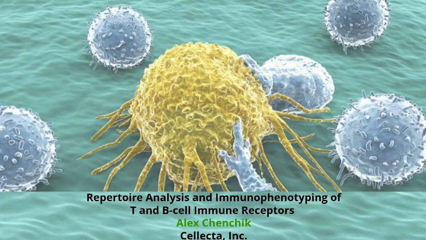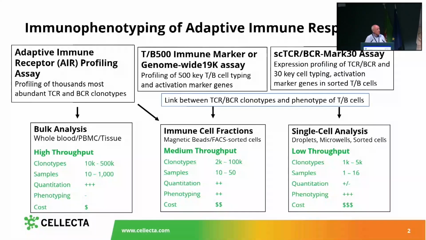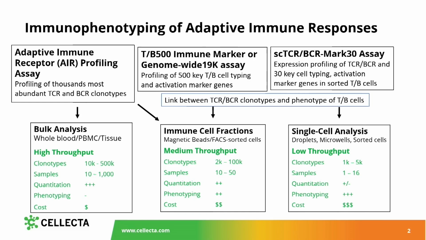To switch your attention, we are going to talk about technologies, not about science, so it will be more practical: how to use different technologies for immune repertoire profiling and immunophenotyping. As an introduction to the technologies, we developed 3 types of technologies, and first is definitely bulk profiling, shown here,